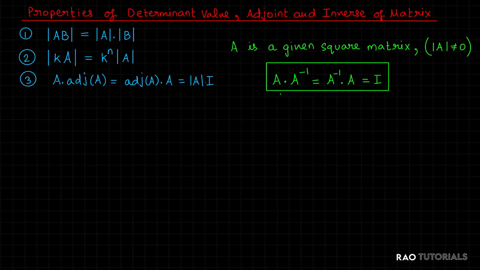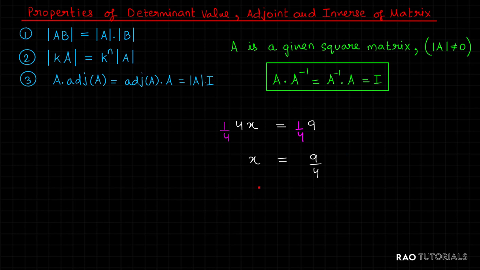Now, what is the role and status of the inverse matrix? To know what inverse matrix means, look closely at this equation. This is a scalar equation. 4, x, 9 are all scalars. Now to find x, we translate this 4 to the right hand side in the denominator. How did we move this 4 from numerator left to denominator right? We actually multiplied the inverse of 4 on both sides. And thus we got x.